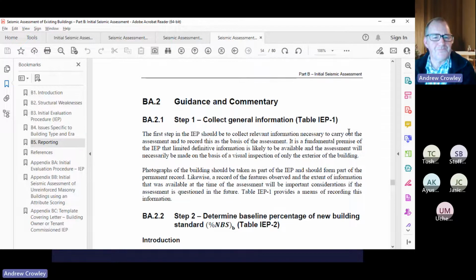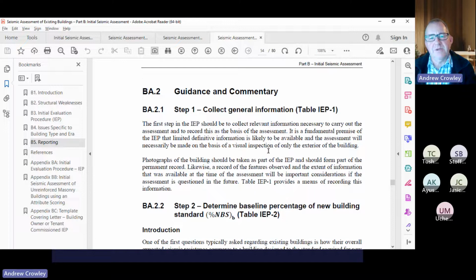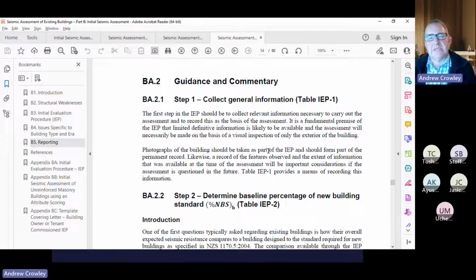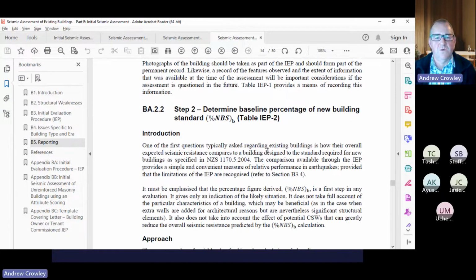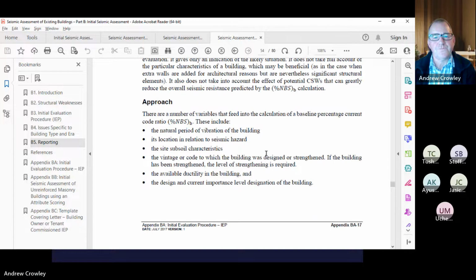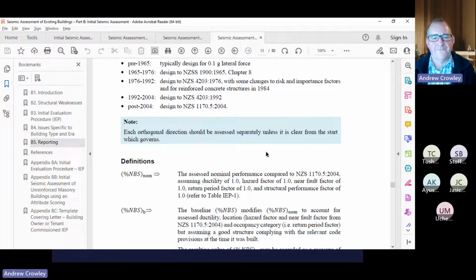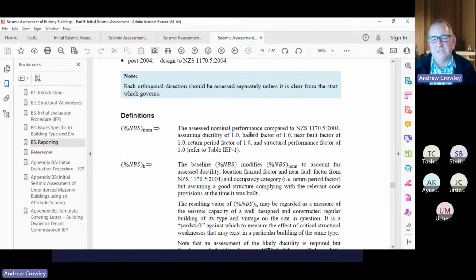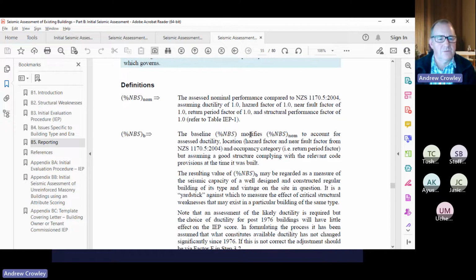So the second part of Appendix B gives you guidance and commentary. You've already been through the process step by step. Now this part of the document takes you again step by step and explains a little bit more as well. So some definitions are given here as well. We'll come back to that a bit later, but right at the end,